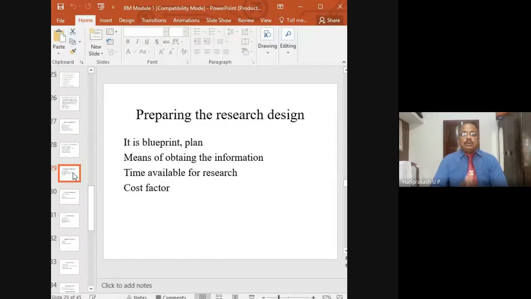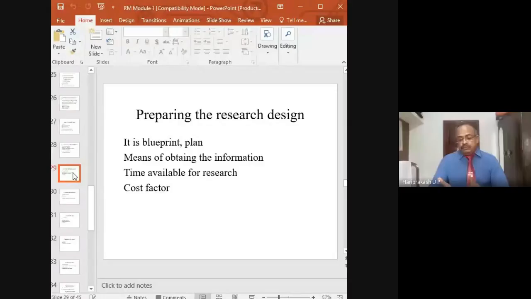What technique you are going to use? So we will come to know there are different techniques of collecting data. Okay, and types of data we have said. Say primary data is there, secondary